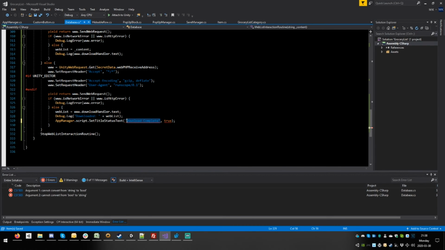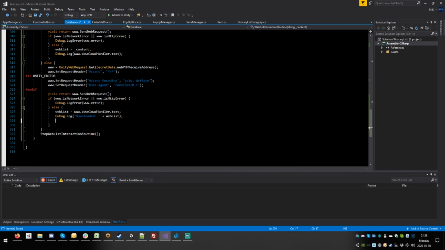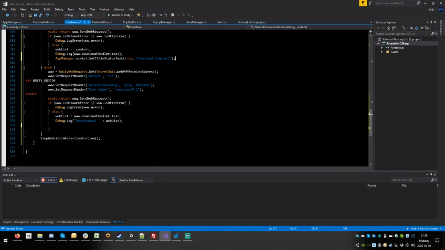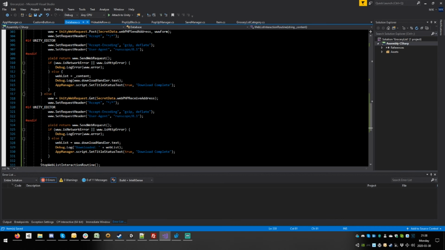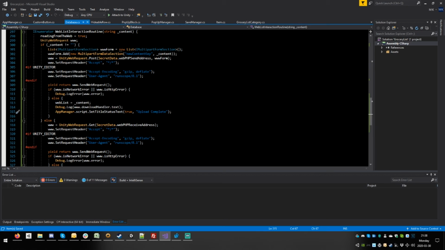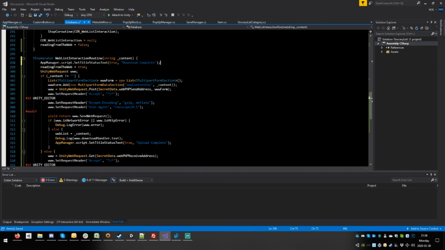Vice versa. True, download complete. Okay, and this one we're also going to put right here. I don't know why I cut it, because I'm a potato. So download complete, and here instead we're going to say upload complete, even though this will never happen, but that's okay. And right here at the beginning we're going to say false,